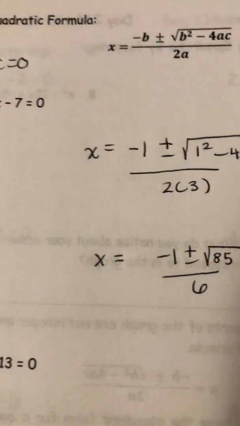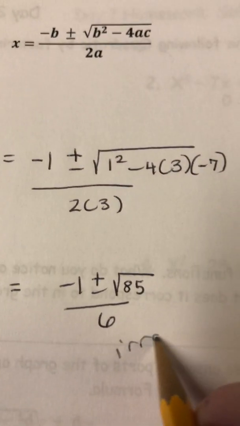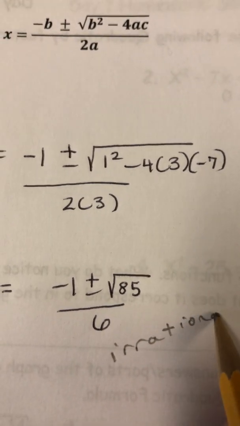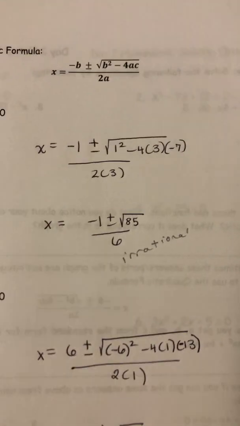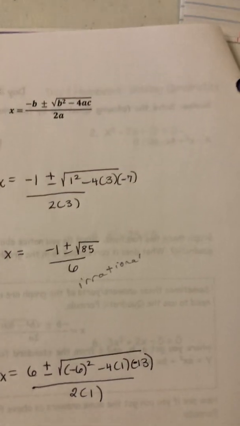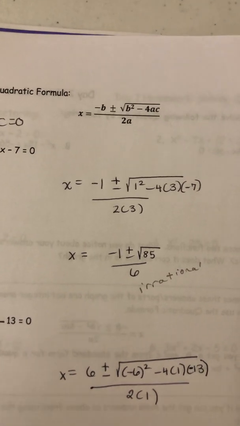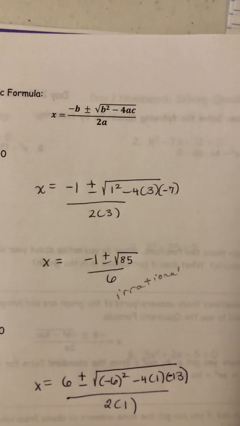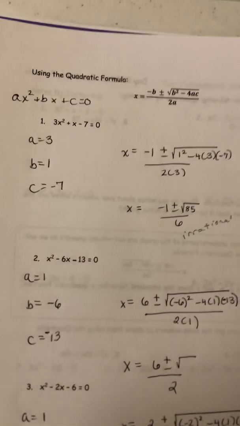And just go ahead and leave your answer like this. This is an irrational number, by the way. It doesn't simplify any further. And it makes sense to me because the original quadratic equation does not factor. We can't break it down. Questions? Maybe now's a good time to pause, write down, and then let's take a look at the next example,